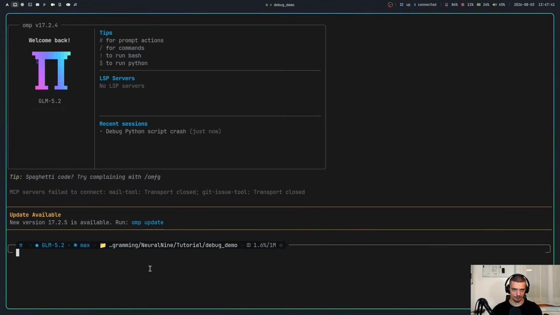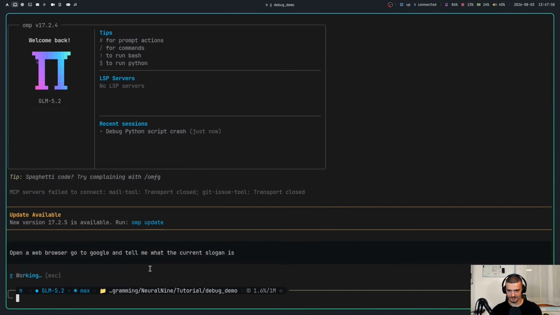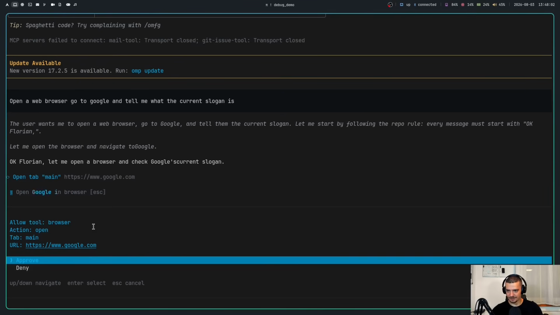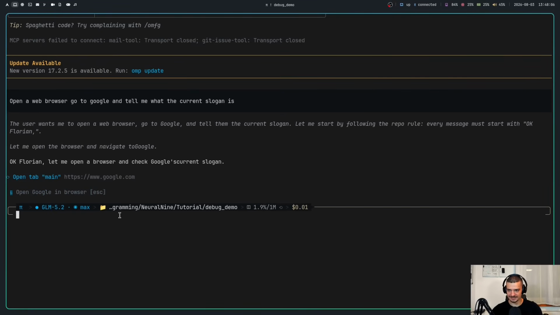And then maybe the last thing I want to show you here as a feature is that OhmyPy can actually use a browser to browse the web, not just web search as a tool call, but actually using a browser. So I can say open a web browser, go to Google and tell me what the current slogan is. Doesn't make a lot of sense, but this is going to force it to use the browser tool. And you can see now allow tool, browser, open, tab main, approve,